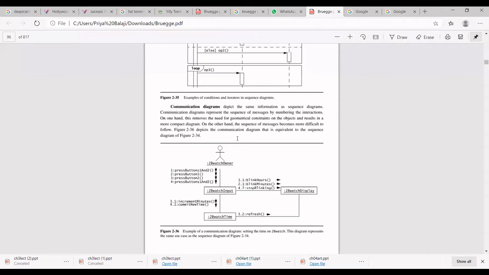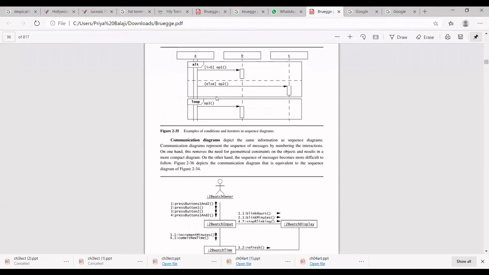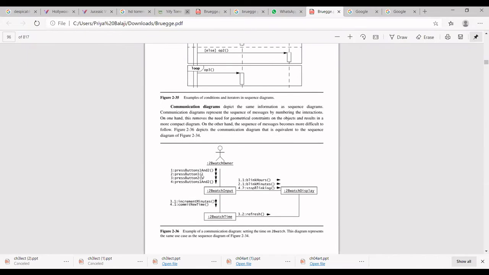Okay. The other thing, other than the sequence diagram, is the communication diagram. It is similar to a sequence diagram and gives the same information. It is even compact, but it is very difficult to understand. You don't need to write all the objects line by line, and you don't need to show the timeline of when each gets activated or deactivated, all these things you don't show in your communication diagram. But understanding the sequence is very, very difficult.